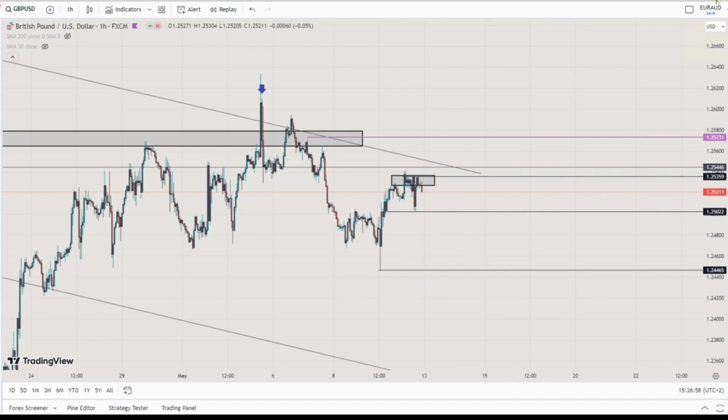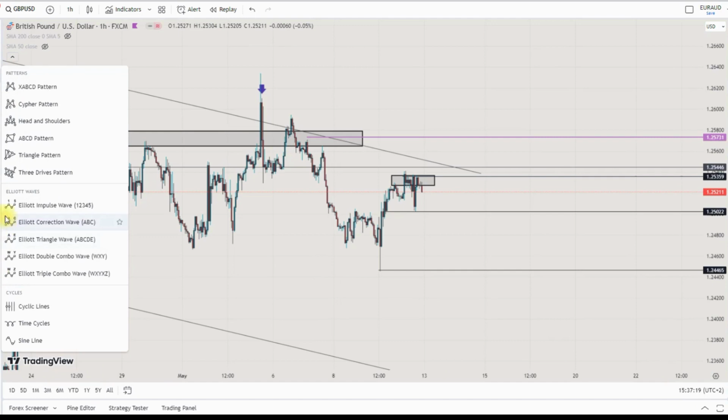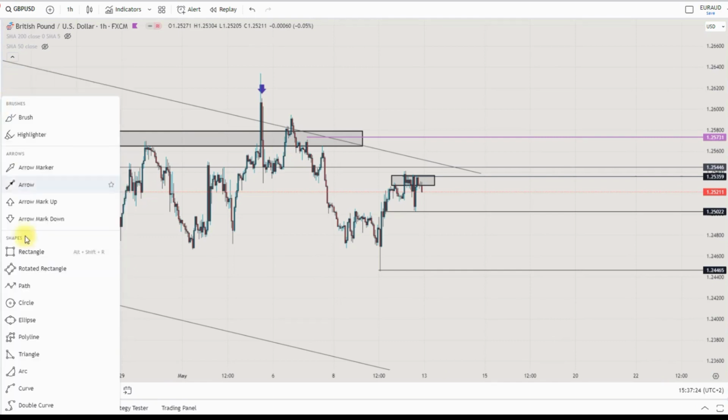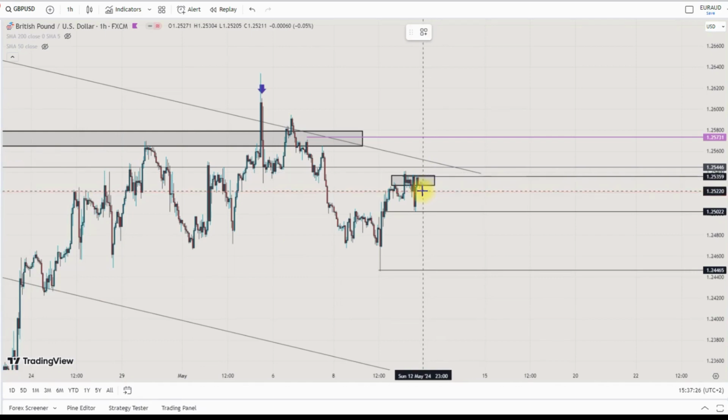So probably on Monday I will see how price reacts to this particular area. You should watch how price reacts to this particular area, and if price rejects at this area next week, it should be an opportunity for you to look for a move to the downside. Monday we might have something like this that will go that particular way. So we might see something like this that will break this high, and then you see